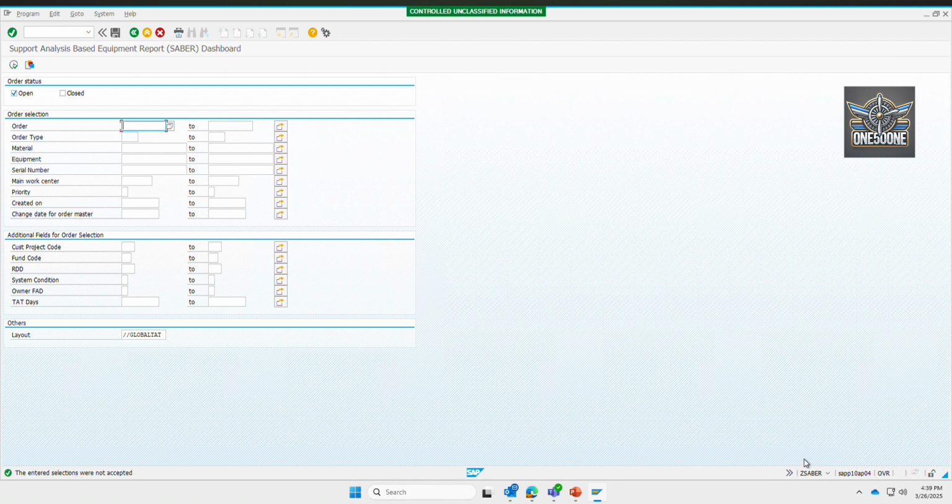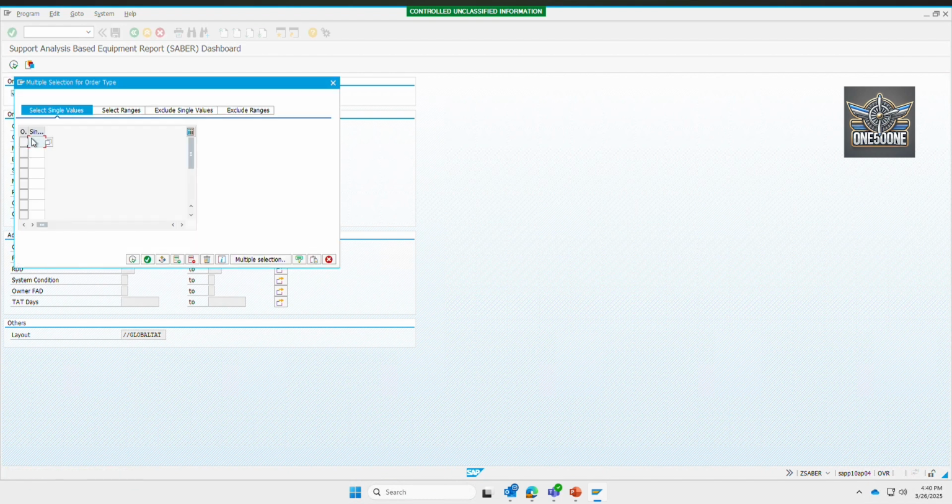So this is ZSABRE. You can see the T code down here at the bottom. This is the support analysis based equipment report, and I'm going to use this to display open AVO 6s and AVO 1s under a given UIC to just show you the difference in the order number. So order type, I want to put in AVO 6 and AVO 1,